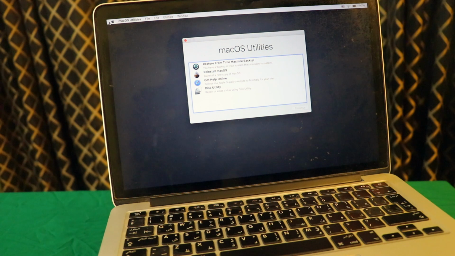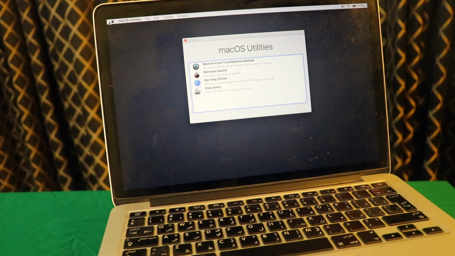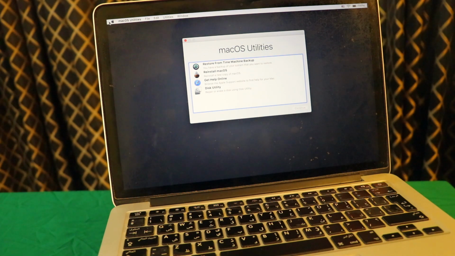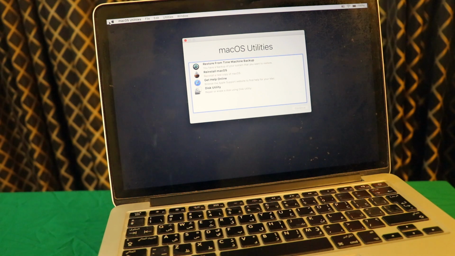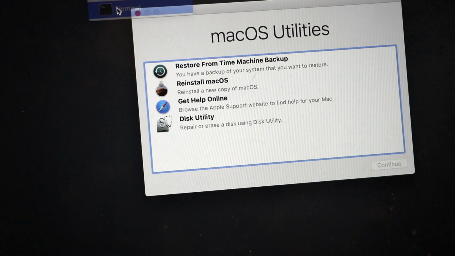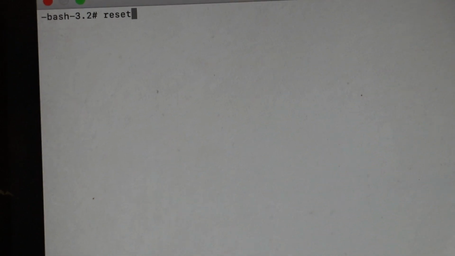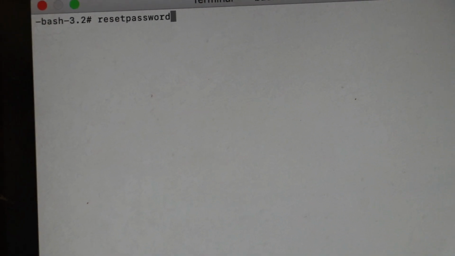On the upper horizontal row, make sure to click on Utilities. As you click on Utilities, you can see an option called Terminal in the drop down. Click on Terminal, and in Terminal you can see something written like bash 3.2 hashtag. All you have to do is write down here reset password, reset password. As you write reset password, make sure to press enter,